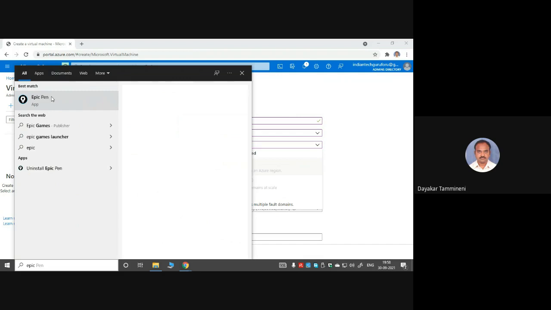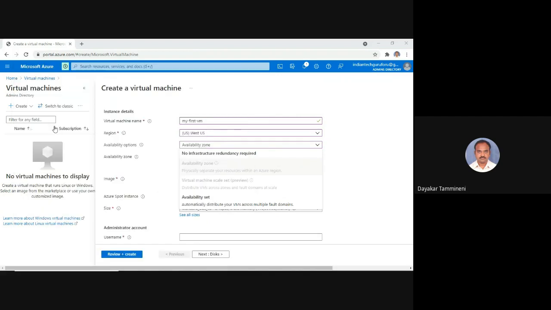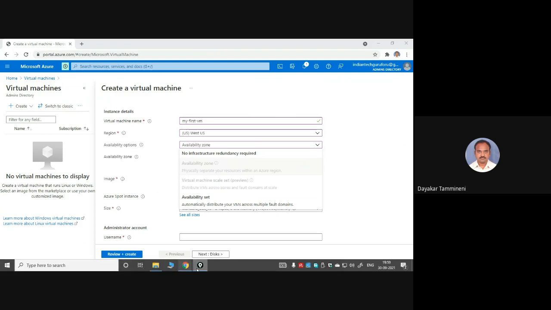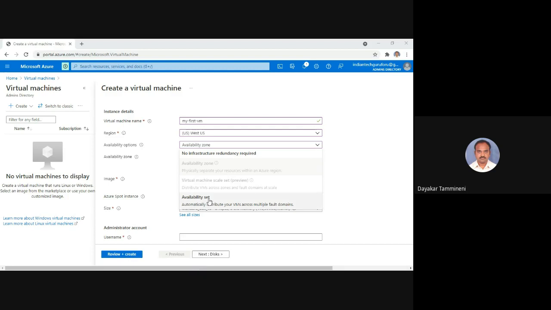Now let me explain about the availability set. It is a somewhat complicated concept, so listen carefully. What is meant by availability set? If there is no availability zone option, then you can select the availability set option.